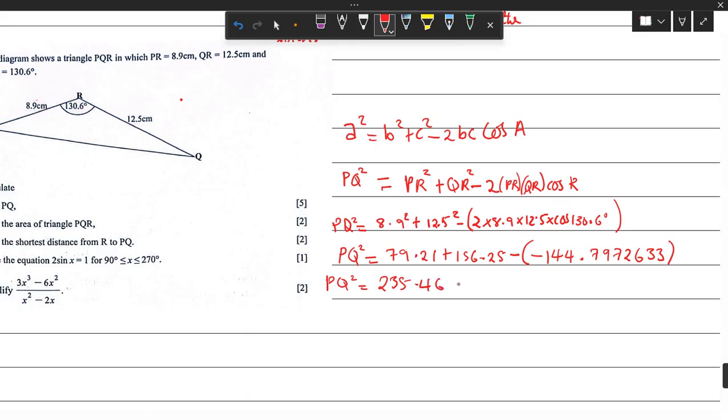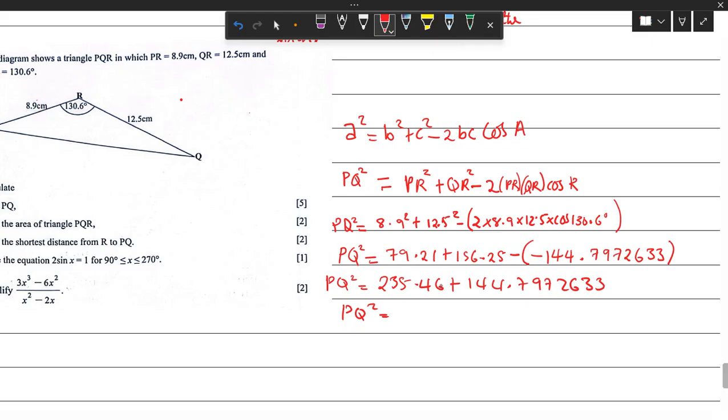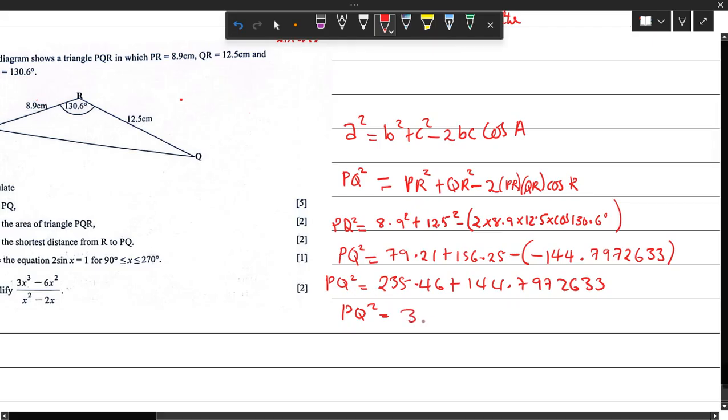So negative, positive, plus 144.7972633. So PQ squared equals to, so you add these now, plus 144.797263. Answer equals to